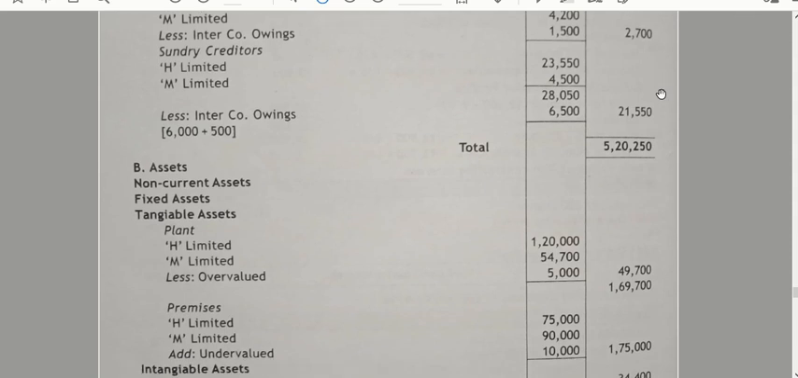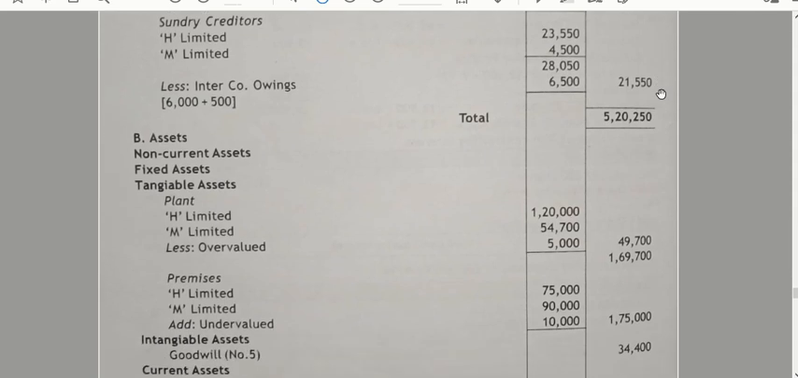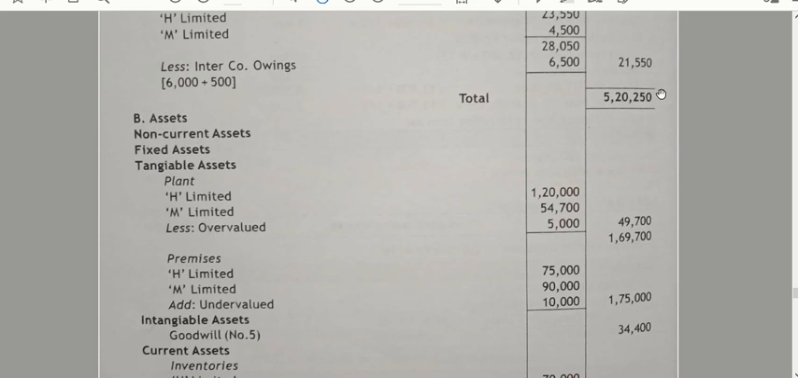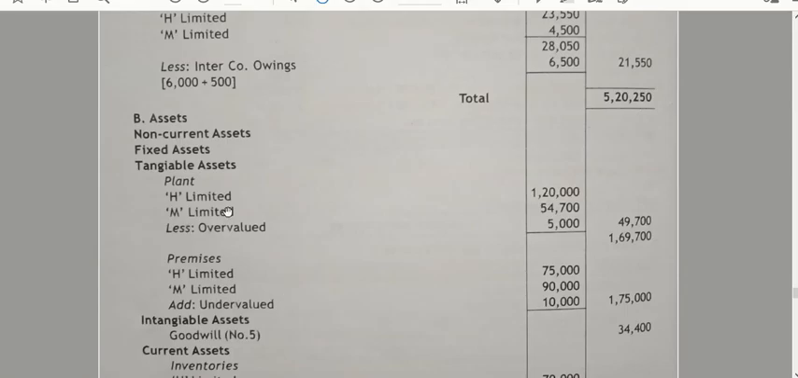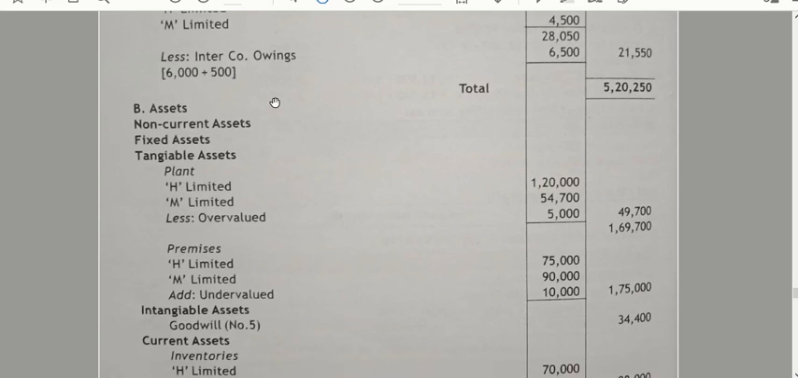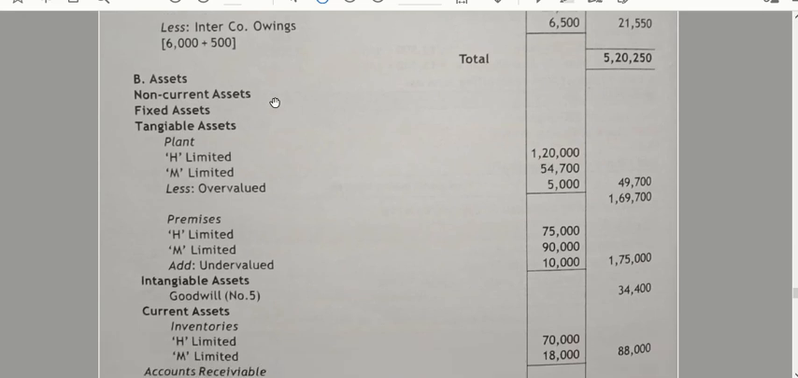Sundry creditors 23,550 H Limited, M Limited is 4,500. 28,050 less your intercompany owings. So if you see, sundry creditors include 6,000 due to M Limited, and a check of rupees 500 sent to H Limited by M Limited on March 30th which was not received by the former. So you will add both, which is your intercompany owings, 6,000 plus 500, 6,500. So